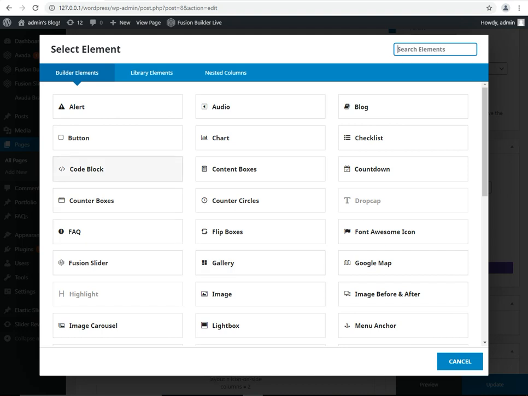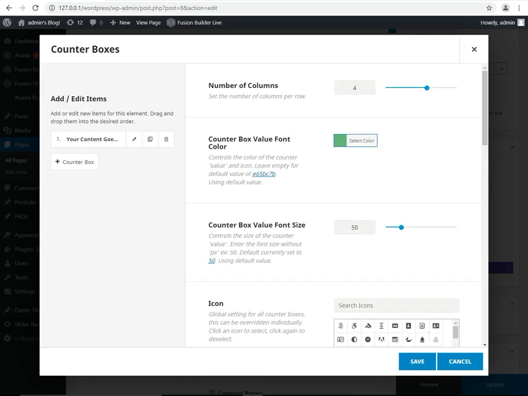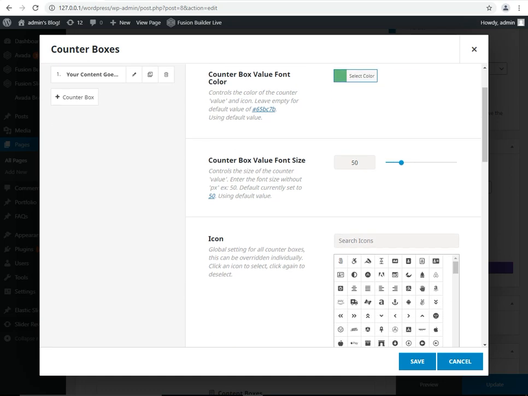Code block, if you need any block of code here, like if you have HTML code or any other special code for your working purpose, you can add the code. But at this time we need the counter box. Number of columns 4, counter box font color green, okay. Counter box value font size 50, okay.